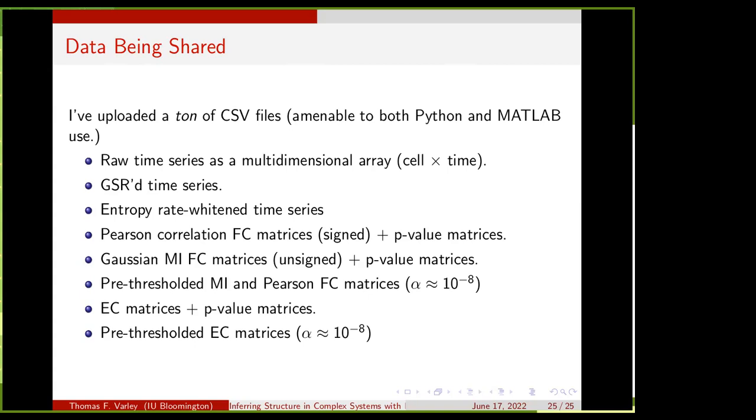If anybody wants to know, I can talk about the naming schema, but it's pretty obvious if you look at what the files are. The idea is that at any point in the pipeline, from raw time series all the way down to effective connectivity lag matrices, you can jump in and say, this is where I'm interested in, or maybe I want to try a different path in the branching tree of network inference pipelines. You just find a place to jump in and go off in your own direction.